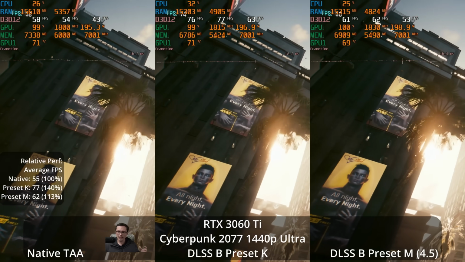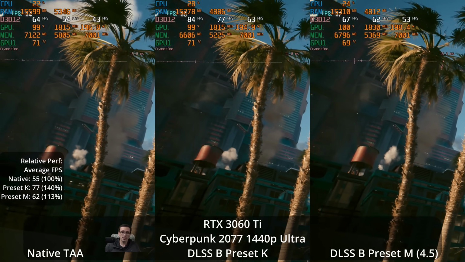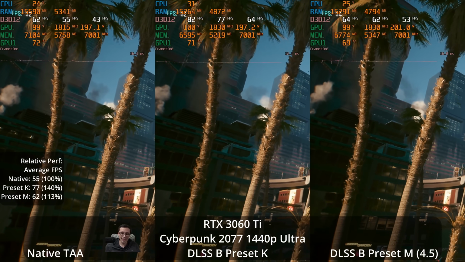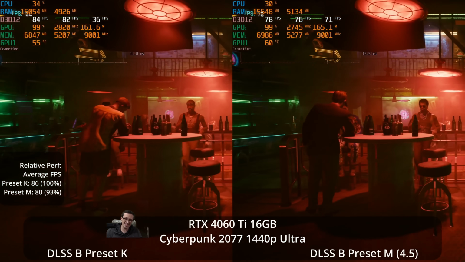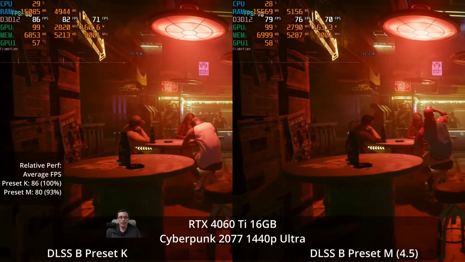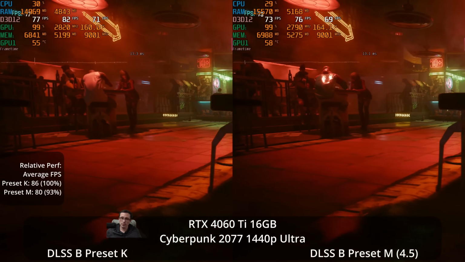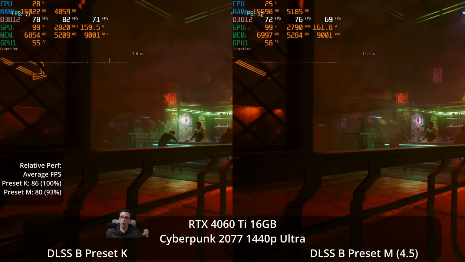So here, again, I'm using higher resolution, but also a more aggressive setting, the balanced setting. Here we are getting a performance boost over native, but significantly less than the older transformer model. So on the 30 series GPUs, it might be questionable whether this is worth using. Now, the 40 and 50 series GPUs don't really have any issues running this, although it's not quite as performant